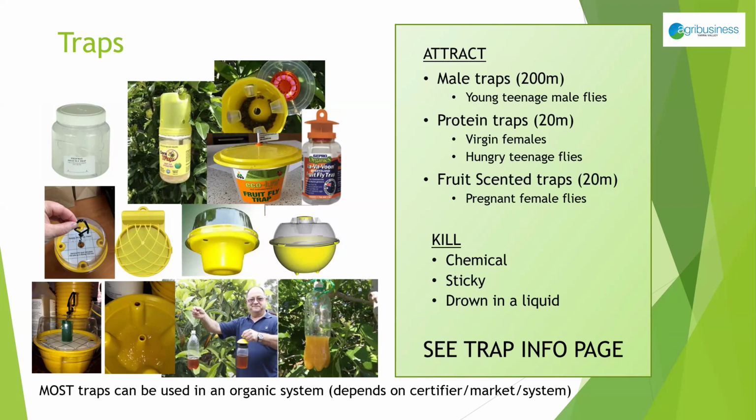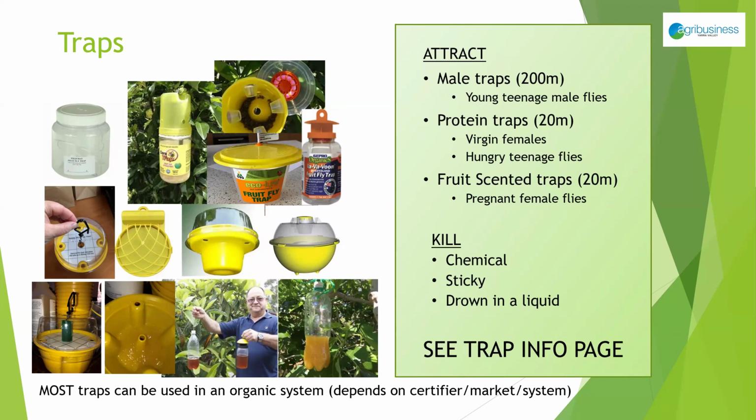I do have a trap info page on my website. I've also provided that to Craig so he can put that up on his website or share with his members as he sees fit. But essentially you could buy a male trap, a female bias trap, and it could have any of the chemical, sticky or drowning kill mechanisms, just depending on which brand, whether you want to be organic, whether you need to be considerate of children and animals in your yard,